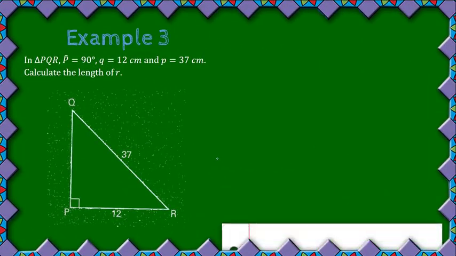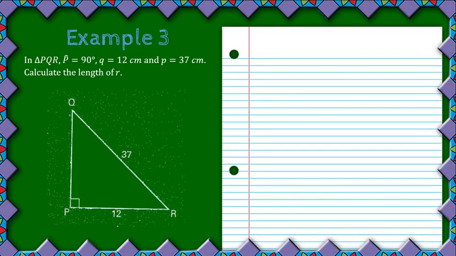For example 3, we once again have a short side to solve for, but remember, like we did in the previous one, to save time, we can say if we want to find the short side, QP squared, we're going to take the long side, the hypotenuse, QR squared, and subtract the other short side, PR squared. And our reason, Pythagoras. Alright, so substituting in our values. So QP squared is equal to,